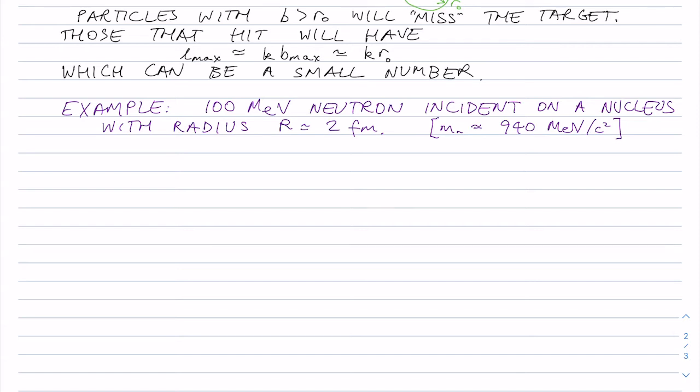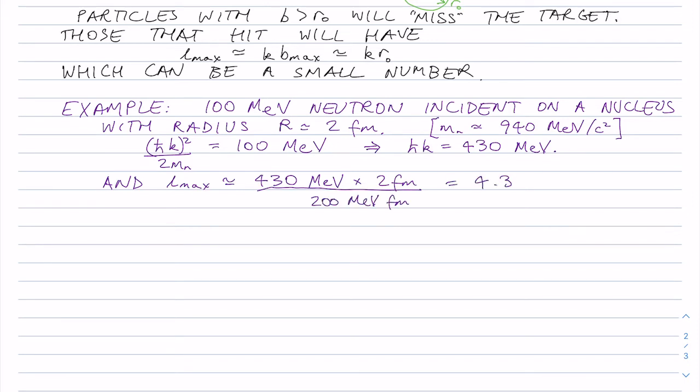So the kinetic energy of this incident neutron is, so that's the momentum of the incoming neutron, and that means that the maximum angular momentum that you're going to have,